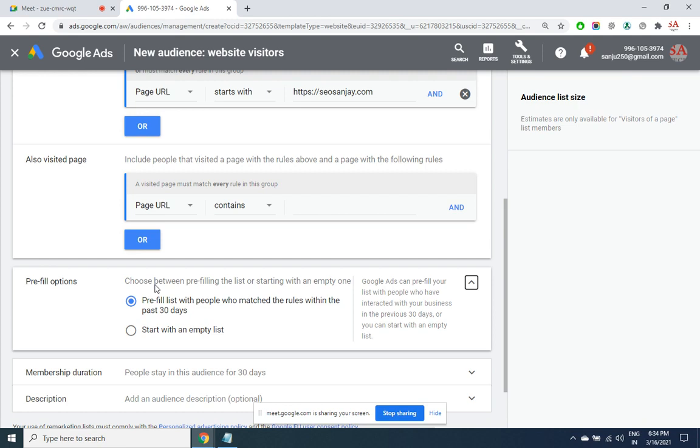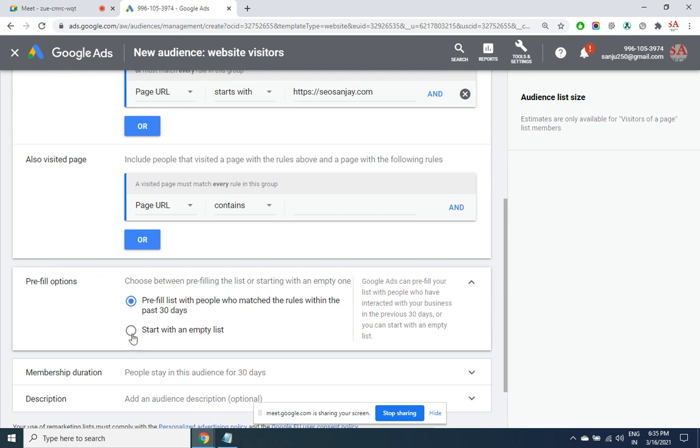Or you say that no, I don't want to target them, I want to start with a fresh list, then it is empty. So as and how you are getting the crowd here, the list will get filled, for the latest 30 days. Today someone has visited my site with this condition, but after 30 days he hasn't visited. So what will happen? Next time when I set this condition, my ad will not be targeted to him. Hope you are getting this point clear.